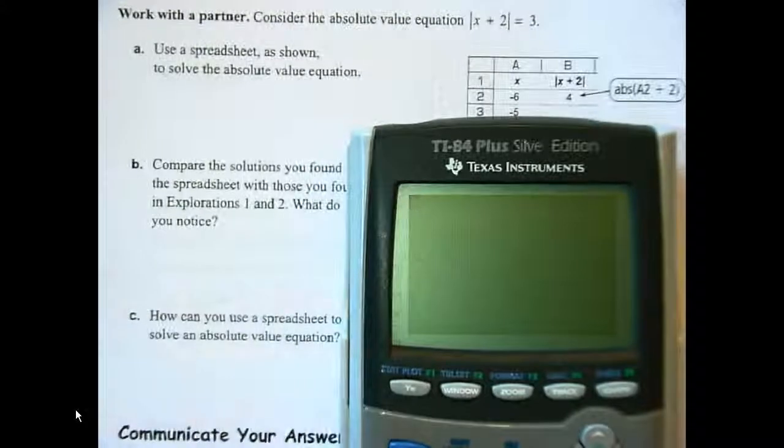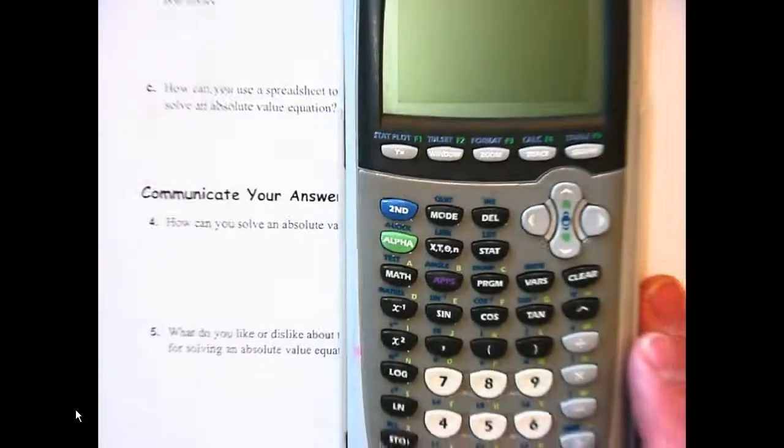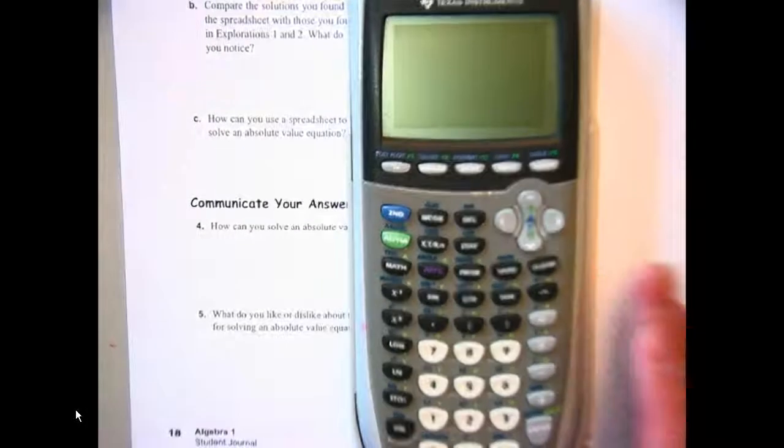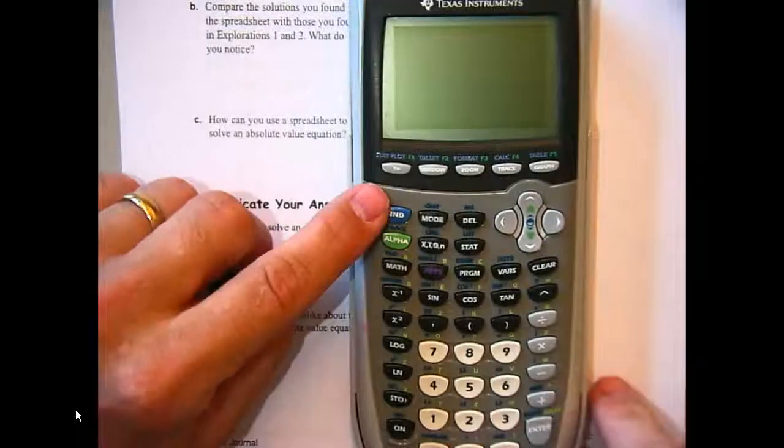And in order to do that, to make sure we don't get errors, I want everyone to clear the memory. It's always good to have an area in your notebook where you're keeping notes for graphing calculators. I usually tell students to put it at the back of their notebook. That way, anytime we want to try something with a graphing calculator, you want to reference it, you can do that. But the way you clear your memory, second